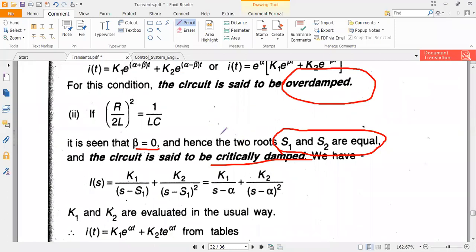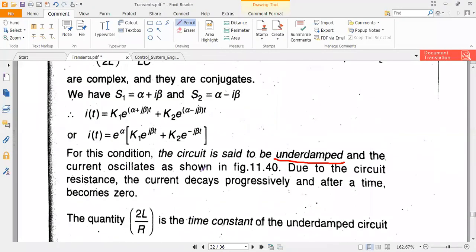But no problem. That's why I didn't focus very much on this chapter, and I postponed finishing it. That's why I explained it at the last, because if I had explained it after the first unit, you people would get confused and disappointed. You may feel that this subject is not understandable. So I postponed explaining this chapter to the end. This is about the response of the series RLC circuit.